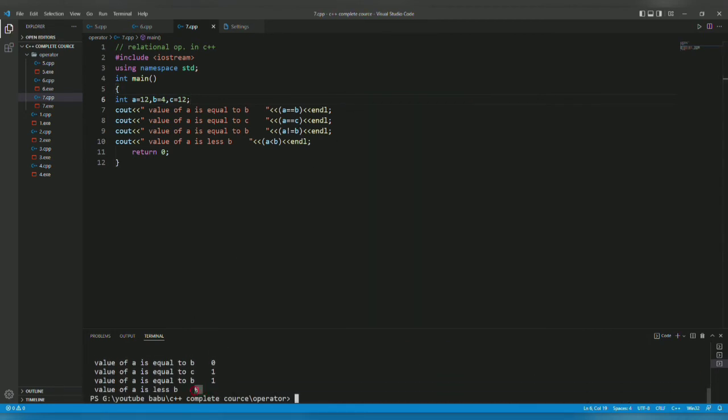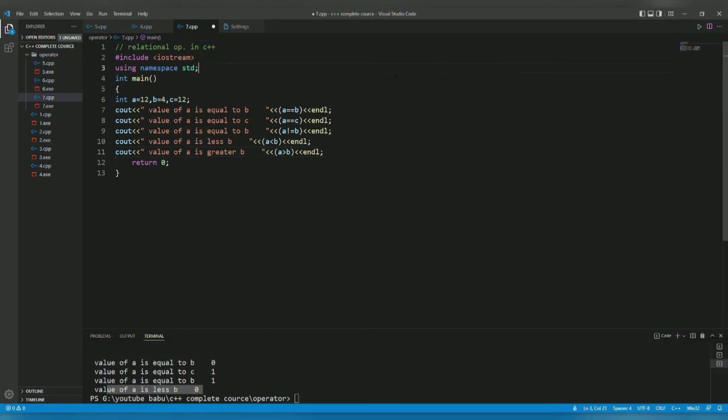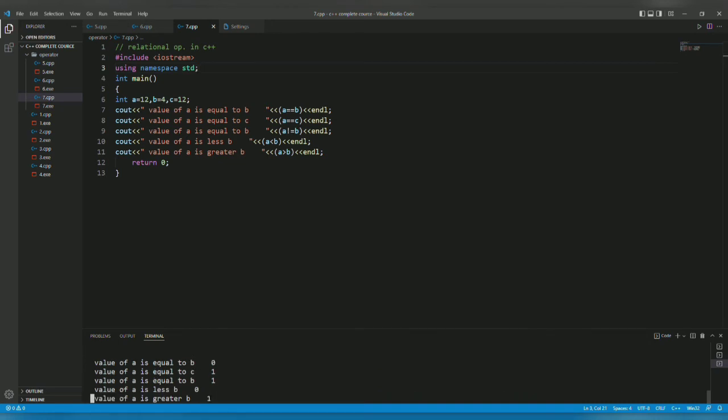So you can see here the value is coming as a less than b is 0. When I type greater than b and put the sign of greater, and I run it, you can see the value obviously is coming as 1.